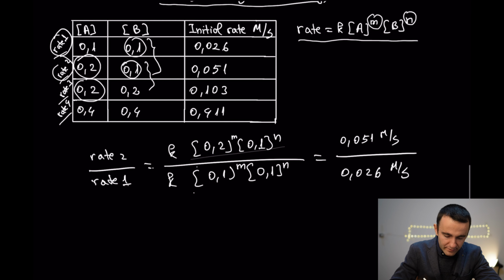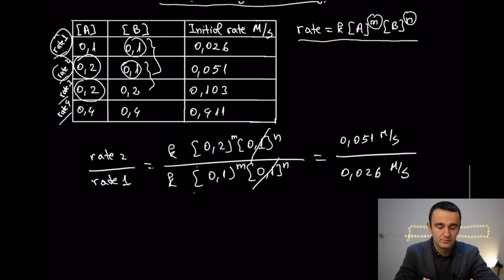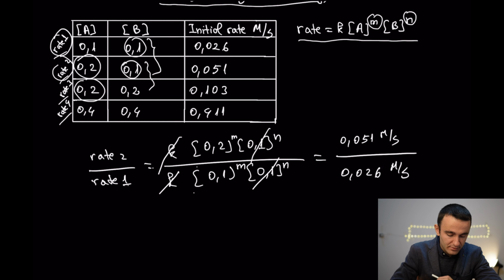So what we have here? This one simplifies. 1 to power everything is equal to 1. Constants are going to be simplified. So it remains only